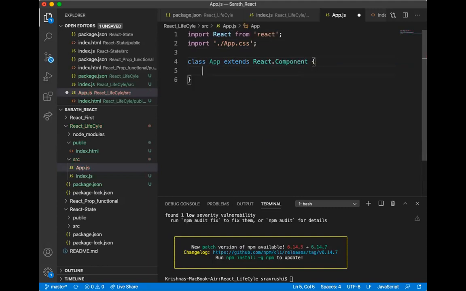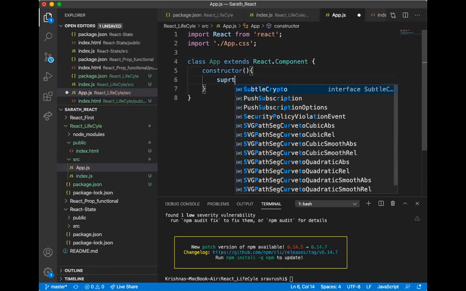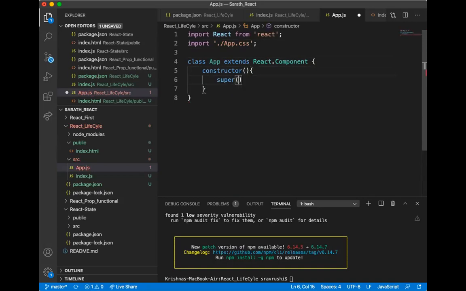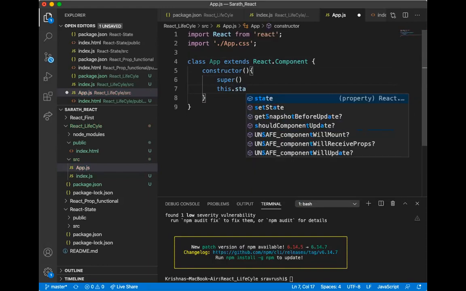In this I am going to give a constructor and call super, and I am taking this.state.